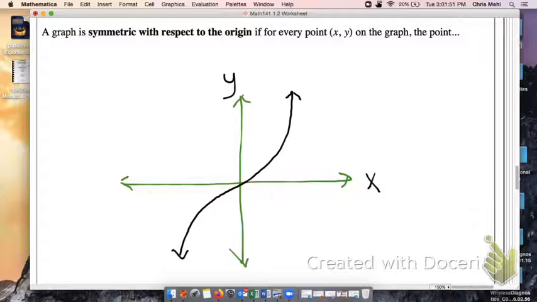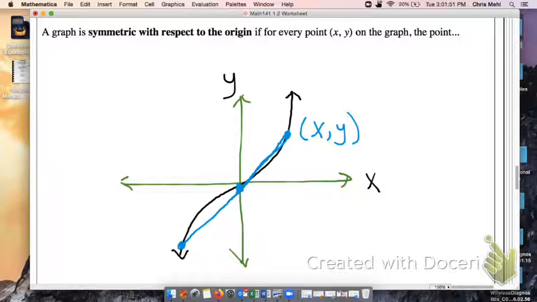Now, symmetric about the origin means if I take a point on the graph, say with coordinates x and y, reflecting that point through the origin actually means if I draw a line from that point that goes through the origin, and the graph intersects that line with another point, and that happens for every point on the graph,